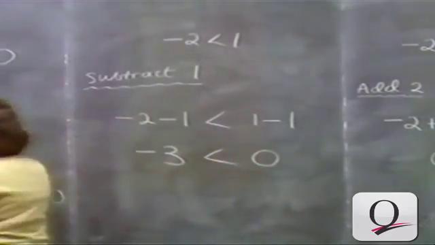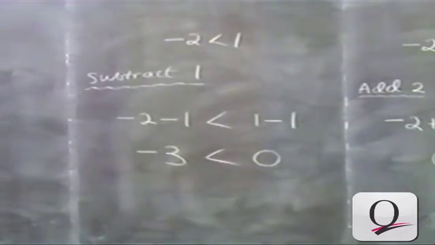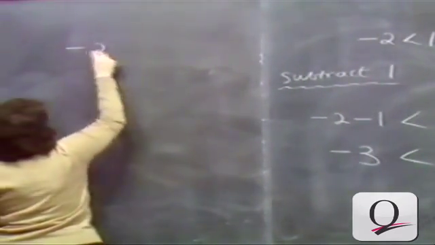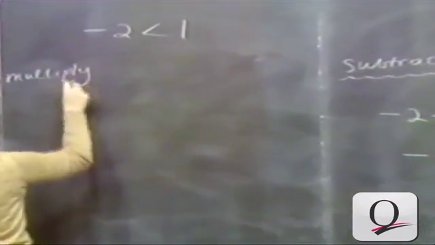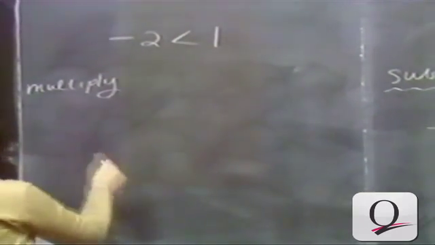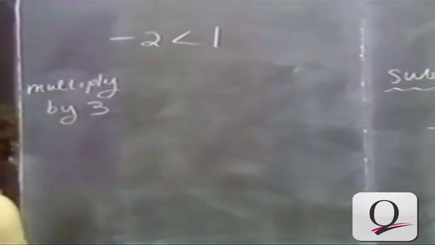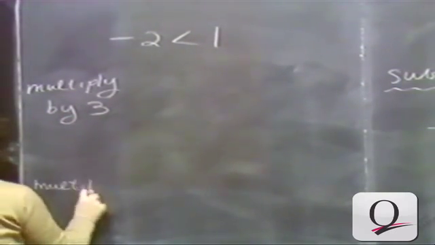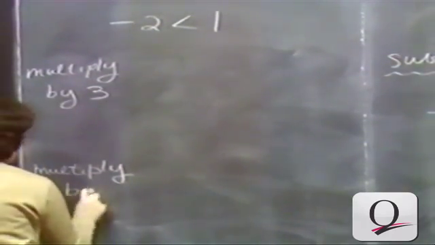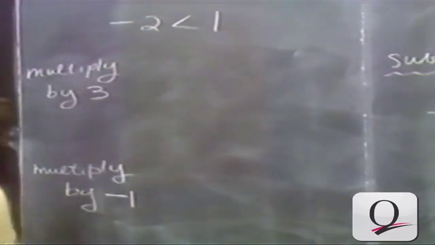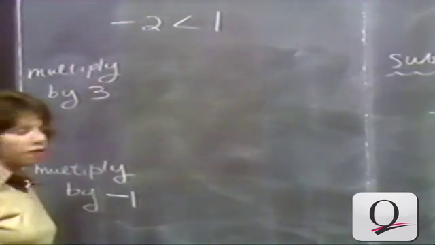Okay, now let's try multiplication. We start with minus 2 is less than 1, and I would like to multiply both sides of the inequality by the number 3. But I would also like to try multiplying both sides of the inequality by minus 1. Okay. Turns out there's a difference between multiplying both sides by a positive number and multiplying both sides by a